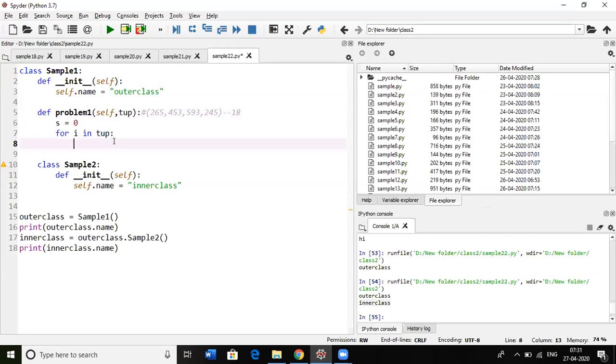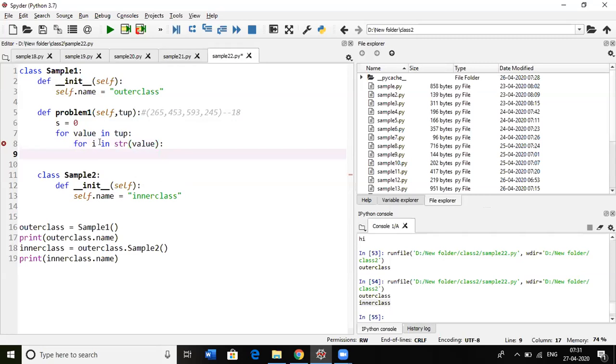So we say for the value here, this is of type integer. We need to convert that into string. How can we convert? Using the str function. After converting to string, let's say i is the 2 in the form of string. Okay, so we need to check i against the 5. Before that, we need to convert that to integer,